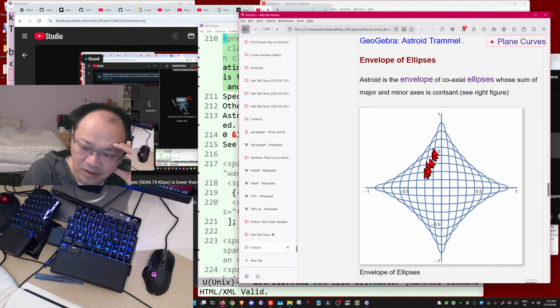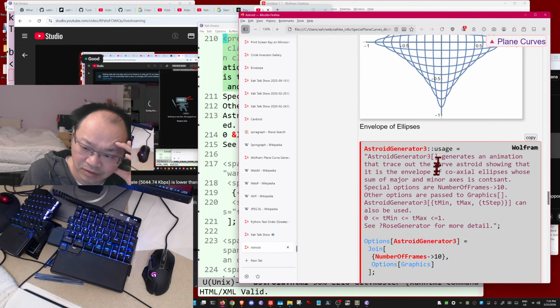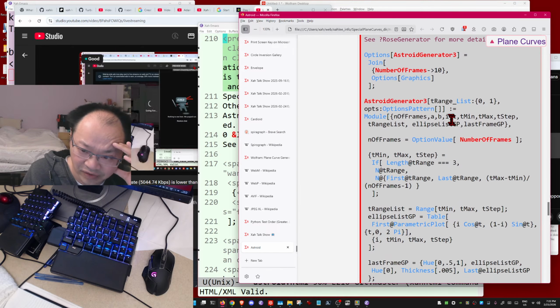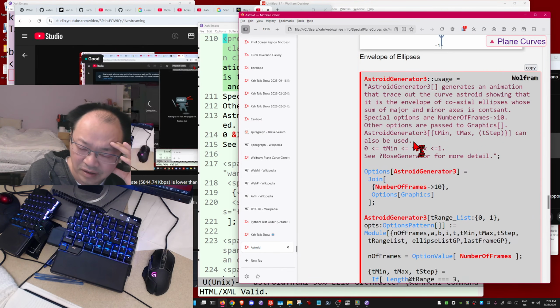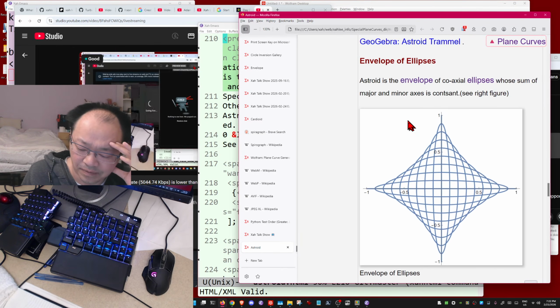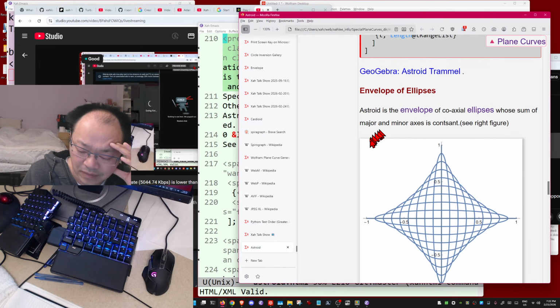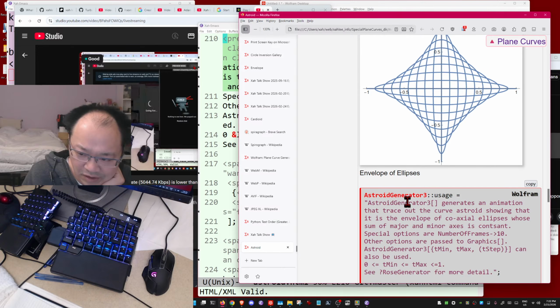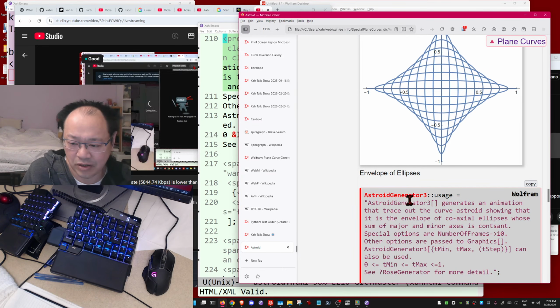But anyway, you should modify the code so that it just generates an image. Well, maybe not, because you see this code right now generates an animation,